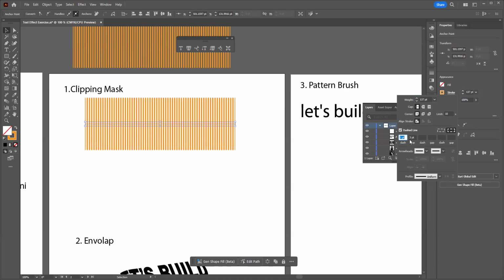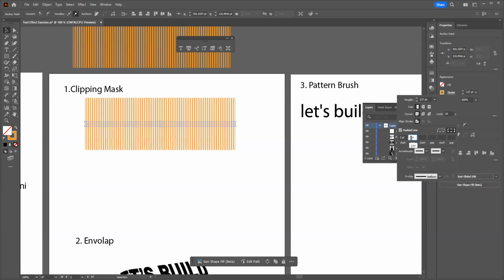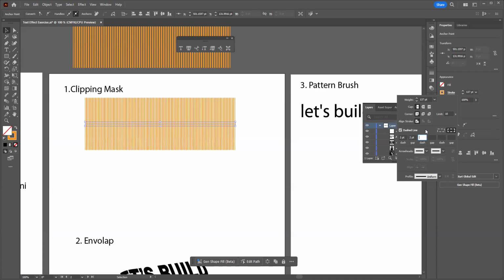Right now I have 3 by 3 for dash and gap, but you can go for thin lines also, like 2 by 2, or 2 by 1, whatever you want to make, you can do it here. You can even go for 1 by 1. Now you can see we have the same lines here,